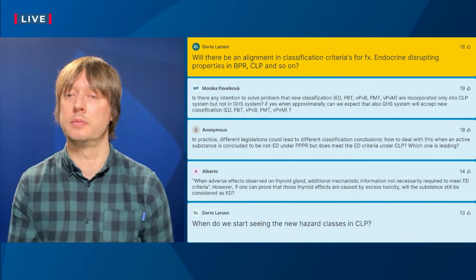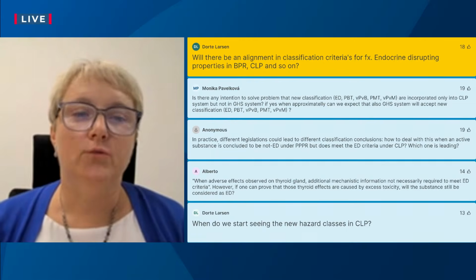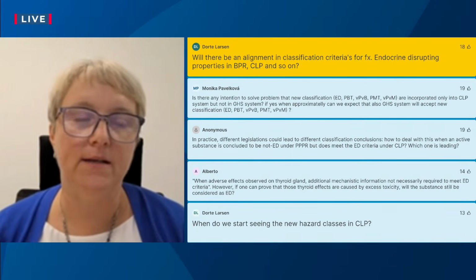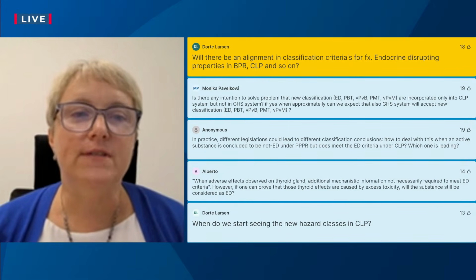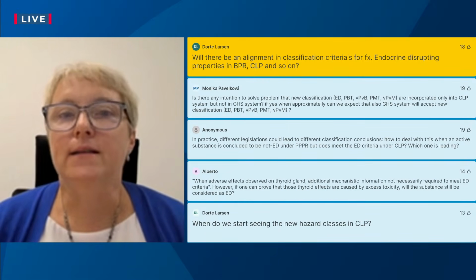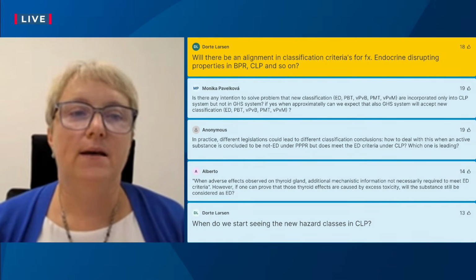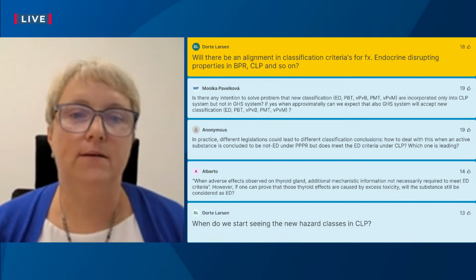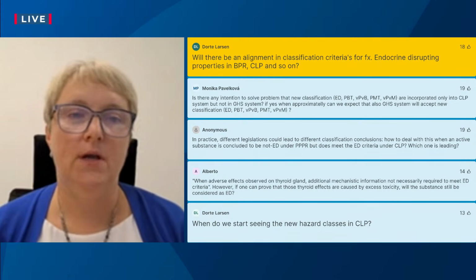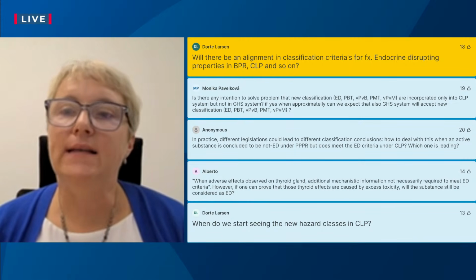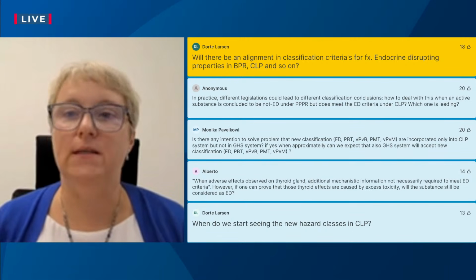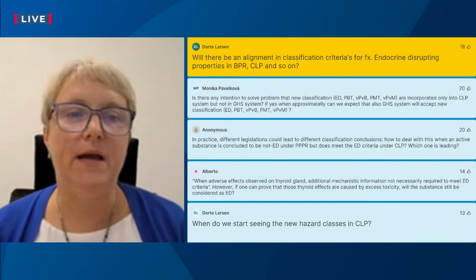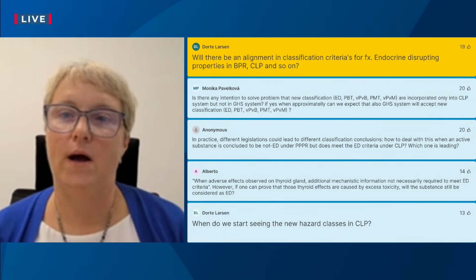Thank you, Simon. So basically, it's very important to highlight here that the current ED criteria for pesticides and biocides have been derived based on the same principles and scientific basis as the Category 1 ED for human health and environment under the CLP, so that substances that are identified as ED under pesticides and biocides legislation will be assigned as ED Category 1.